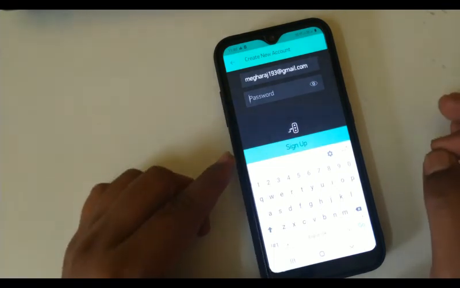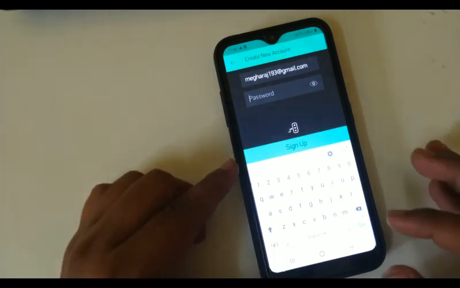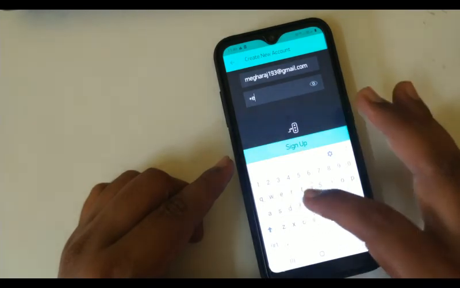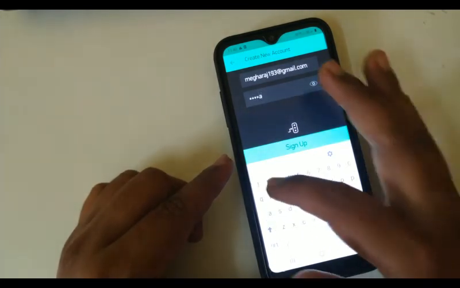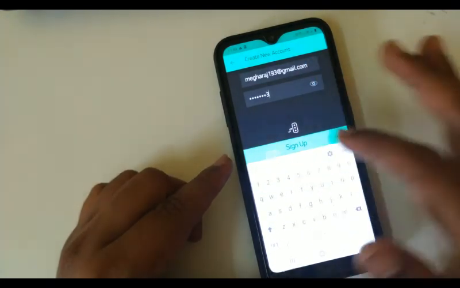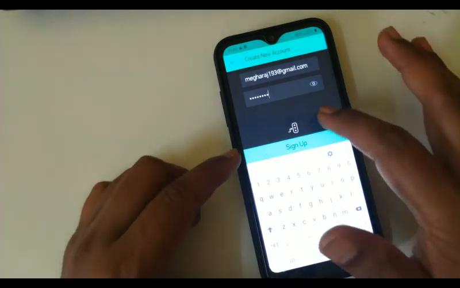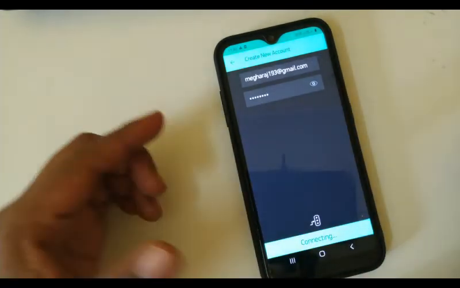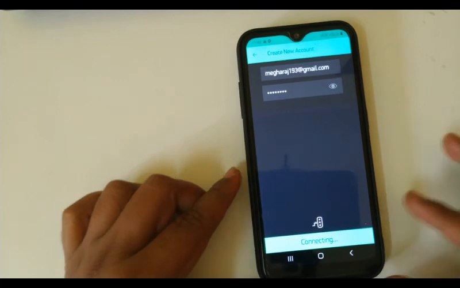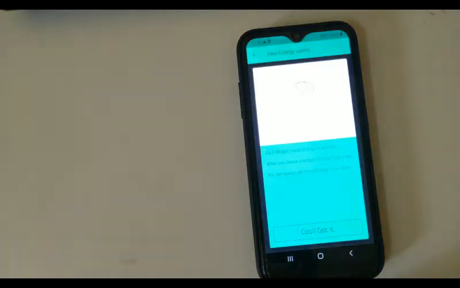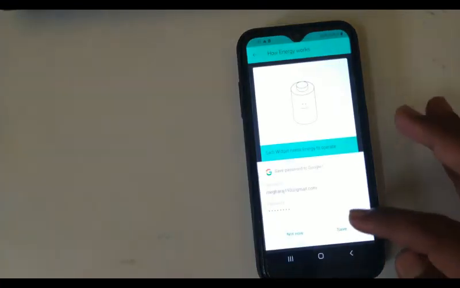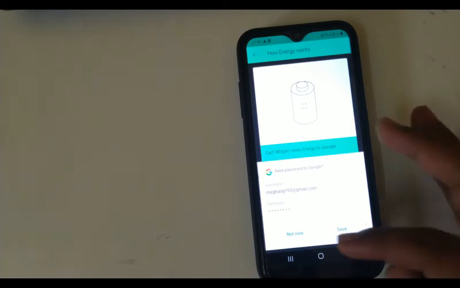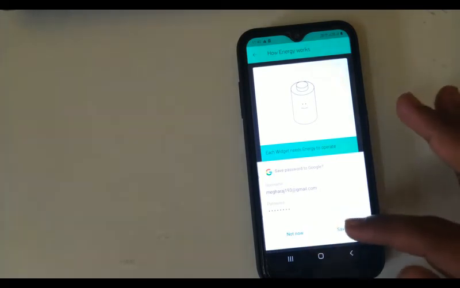This need not be the password of your email. So when you click the sign up button, it will send an authentication code to your mentioned Gmail account or email account.